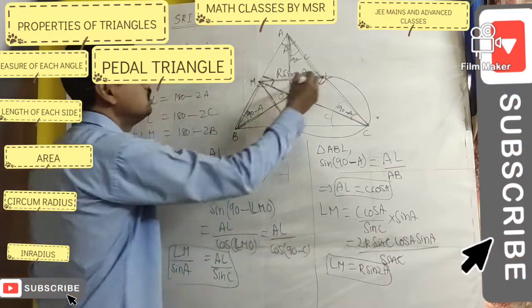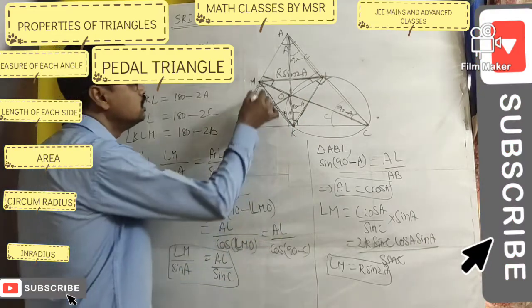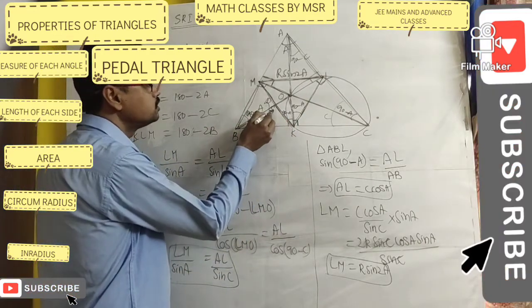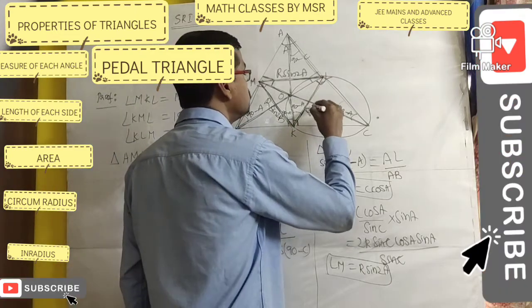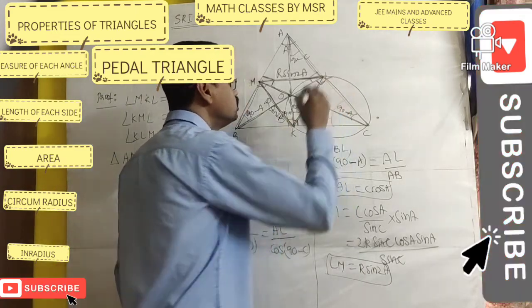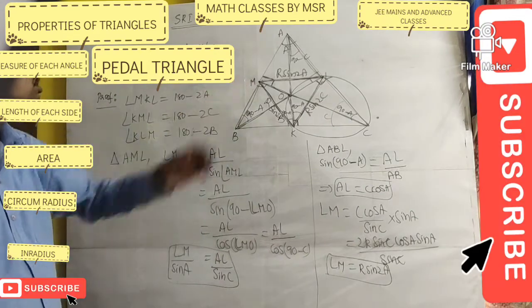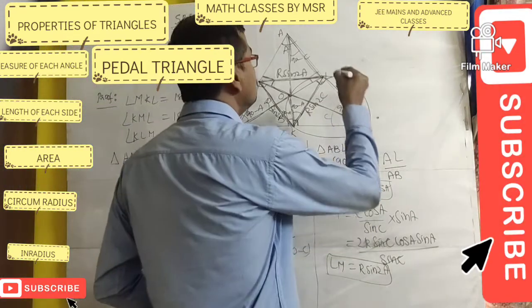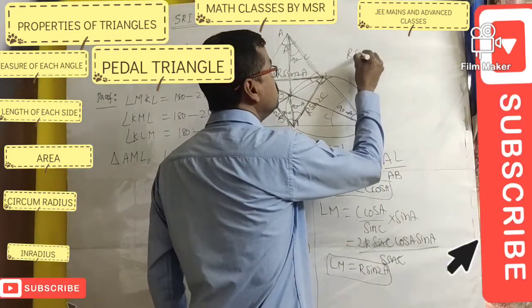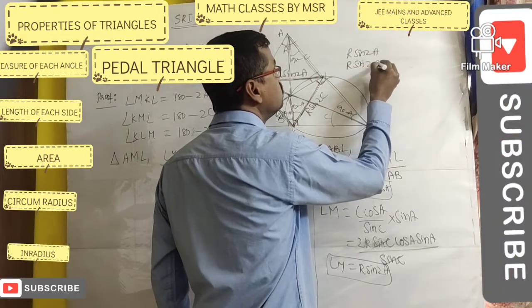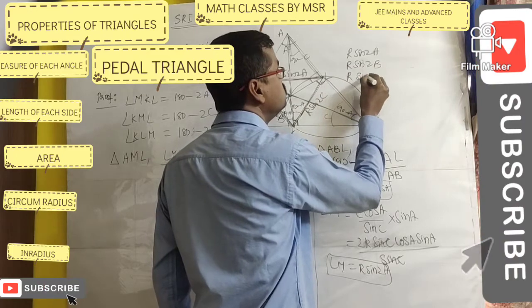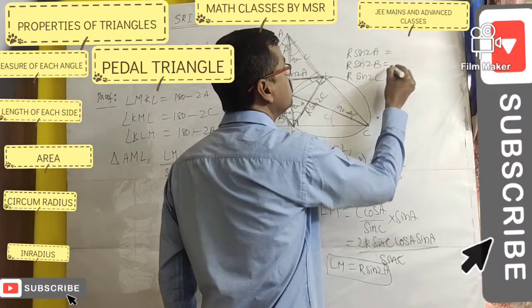The length of one side of the pedal triangle. Similarly, this is R sin 2B, and this is R sin 2C. Okay, so the lengths of the sides of the pedal triangle are R sin 2A, R sin 2B, R sin 2C, which again we can further write as